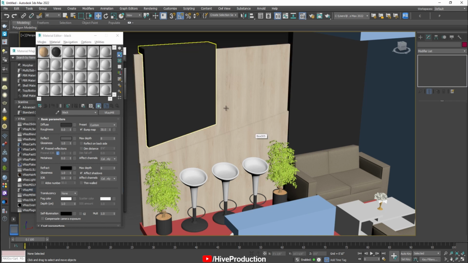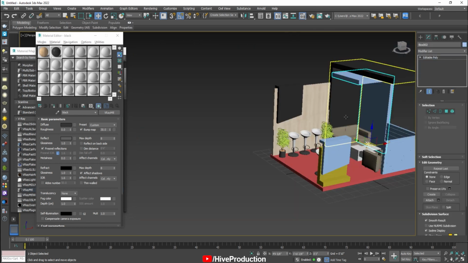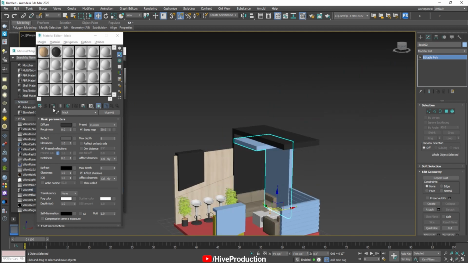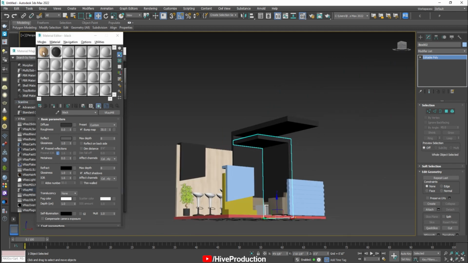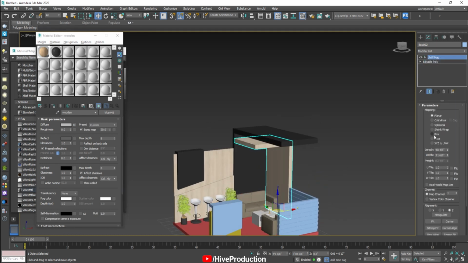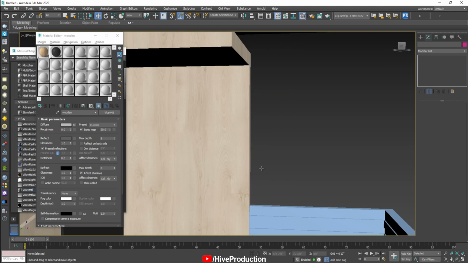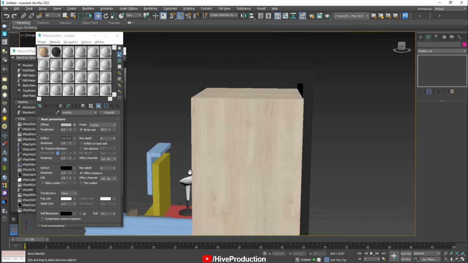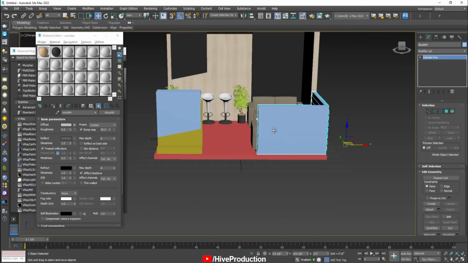Now I can see this black color. Okay, so I'm going to copy this material, UVW map, and apply the same wooden texture on this part. Alright, so just adjust this texture through the UVW map, and now